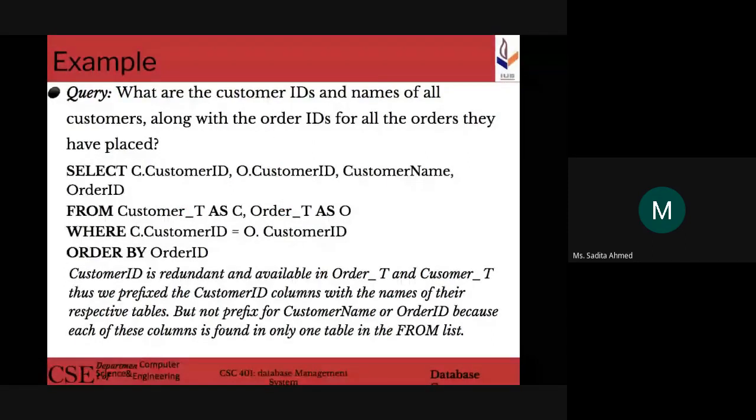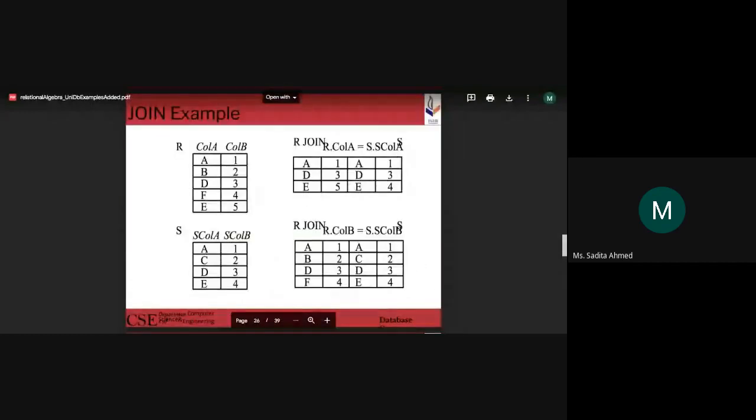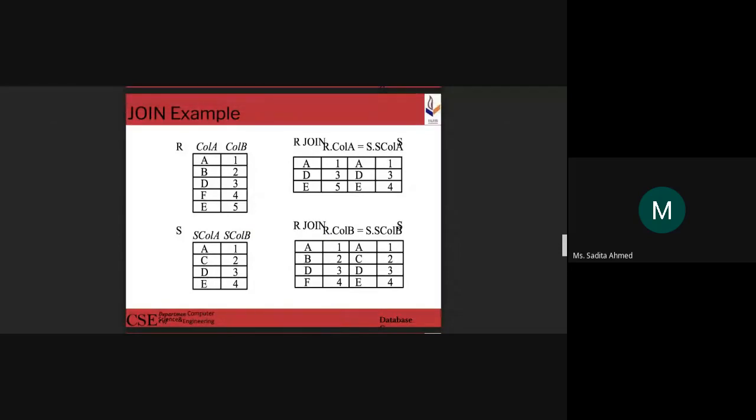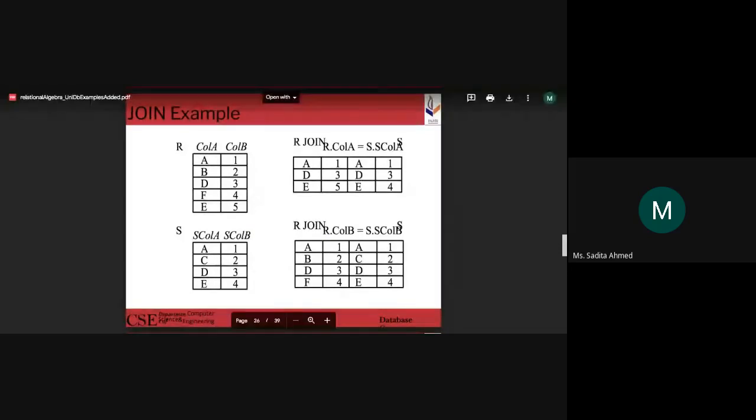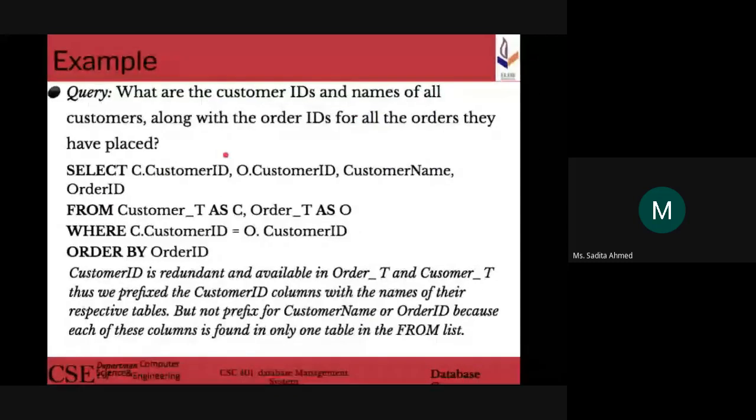Remember, whenever we perform a join operation, we have a join condition. We've seen that in relational algebra as well. So this was our join condition, let's say, R dot A is equal to S dot A. Similarly, here as well, our join condition is also placed. Where do we have the join condition? In the where clause, right? So in the where clause, this here that you see, C dot customer ID is equal to O dot customer ID, this here is our join condition. So what's going to happen is that,